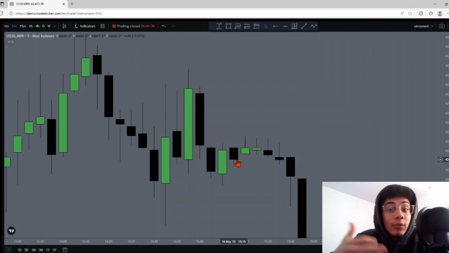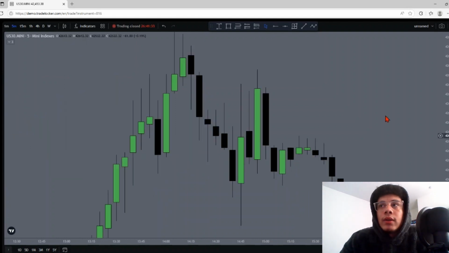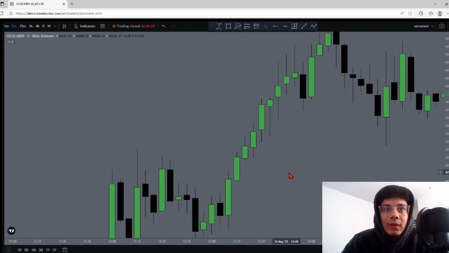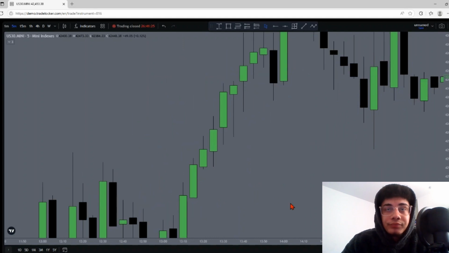So then we can see that we're actually going to break out of this lack of momentum and continue with some momentum in this direction, okay? Now, before I run back some of this other stuff, the other thing I want to talk about is wick to body ratio. This is just what I call it, okay?